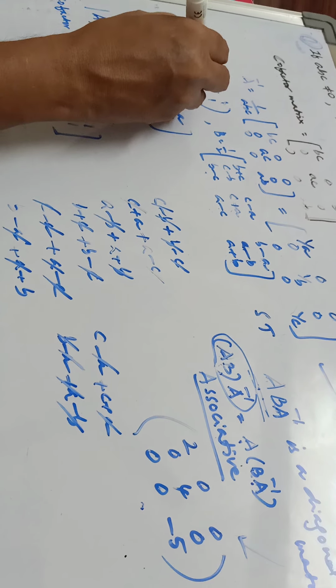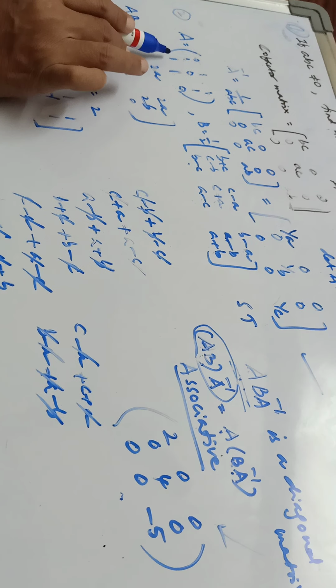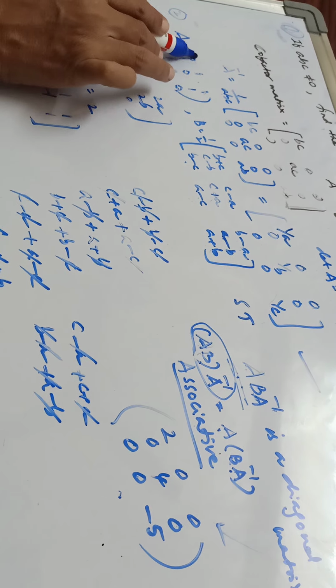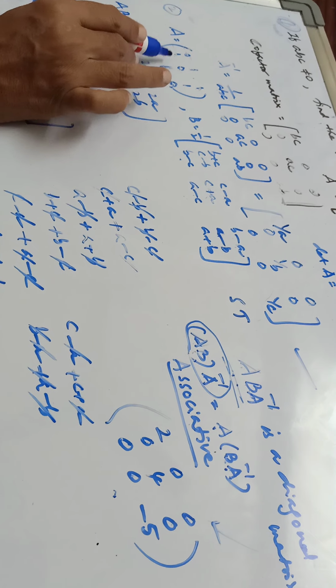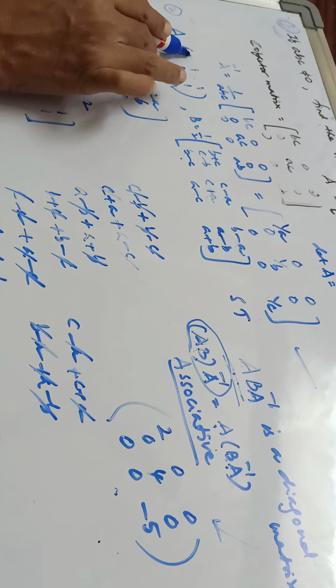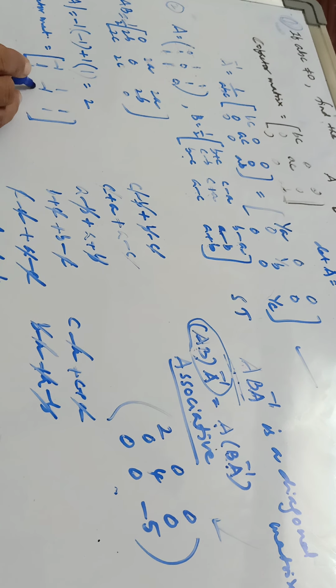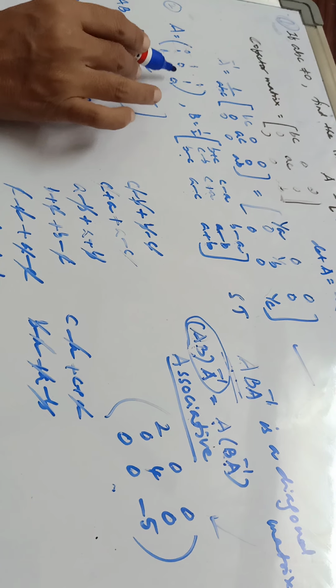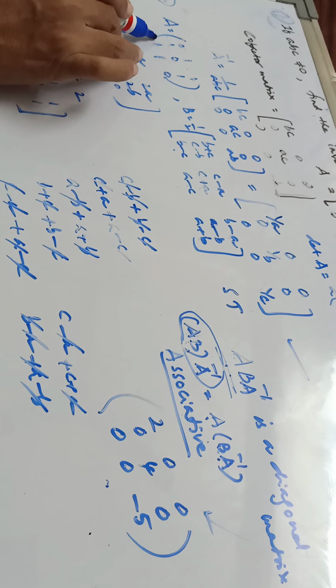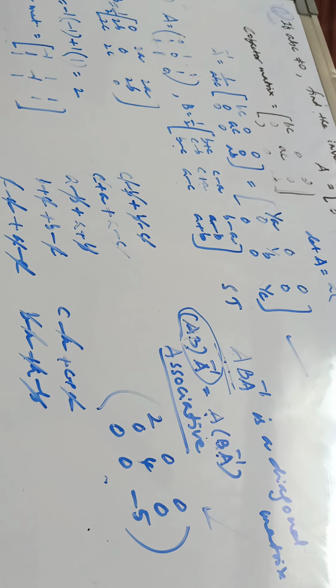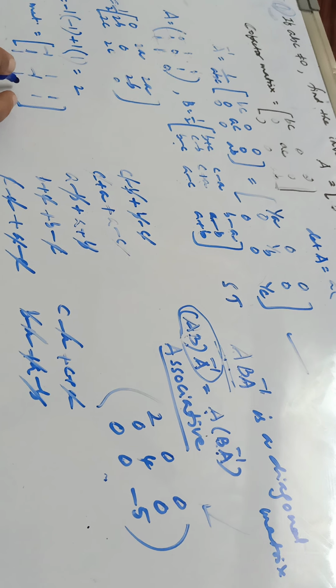Now here for the cofactor of 1 we should not change the sign. Delete this row and this column. 1. For this cofactor we have to change the sign. Delete this row and this column. 0 minus 1. Minus 1, change the sign. 1. For this the cofactor is delete this row and this column. The sign should not be changed because it is present in third row and third column. 3 plus 3 is 6. 0 minus 1, minus 1.